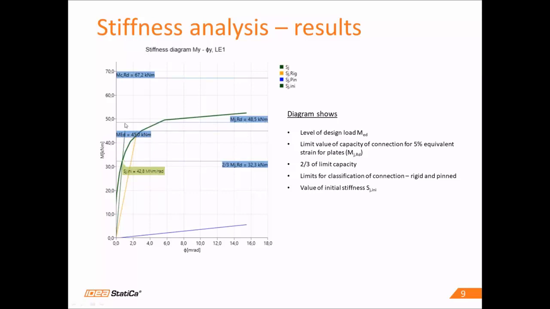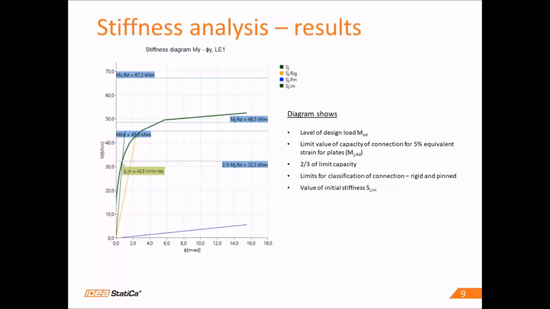You can see the limit value of capacity of the connection for 5% equivalent strain for plates and 2/3 of limit capacity. At the intersection of this green curve and this limit, we receive a point,